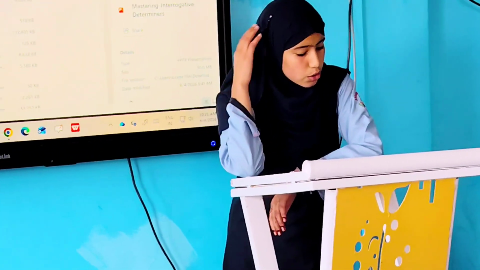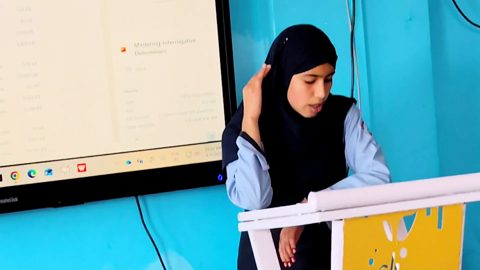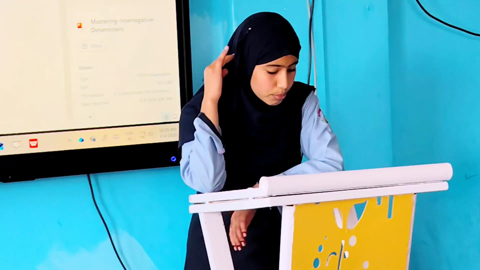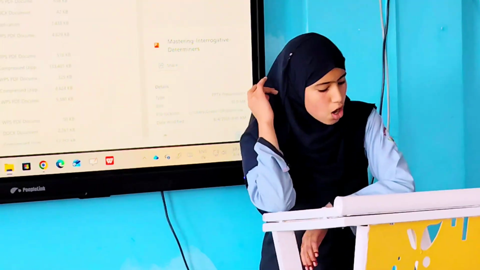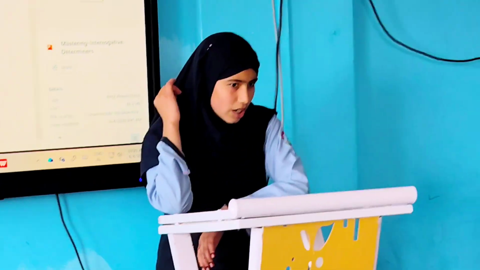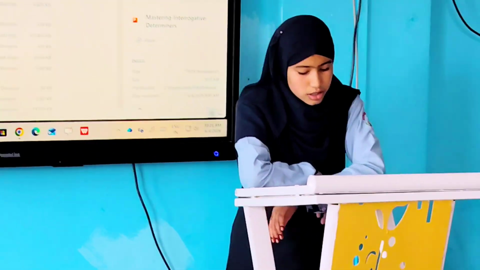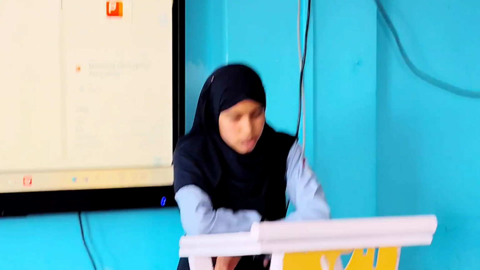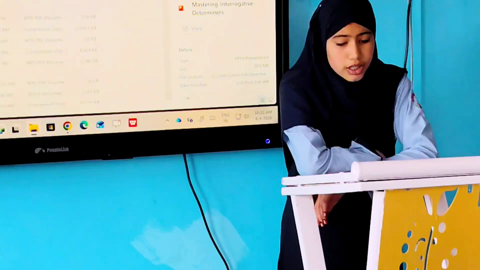First, what. We use what when we ask about something without limiting the possible answers. For example, what color do you like? Second, we have whose. It's used to ask about ownership or possession. Example, whose book is this? Third, we have which. It's used